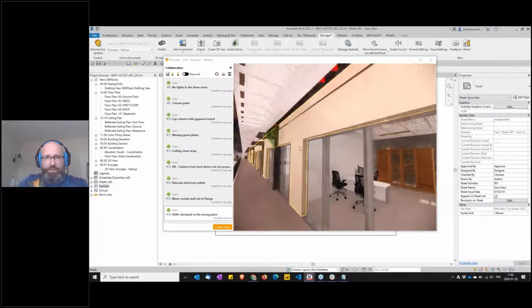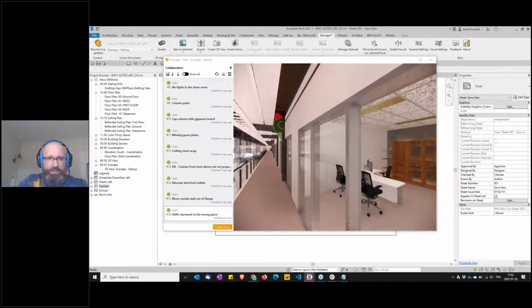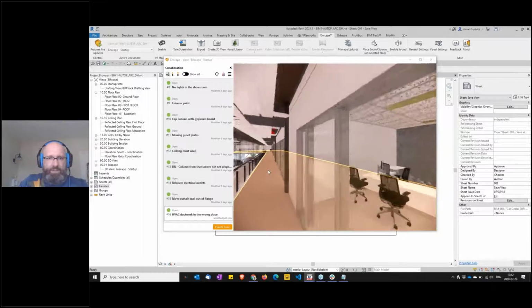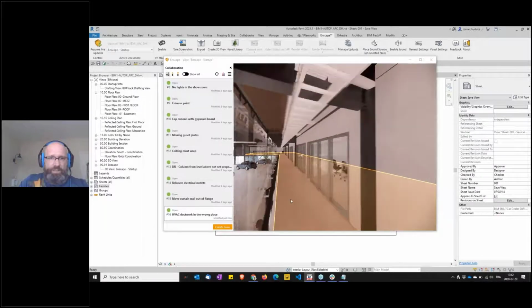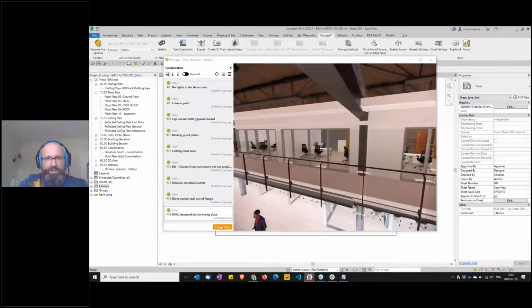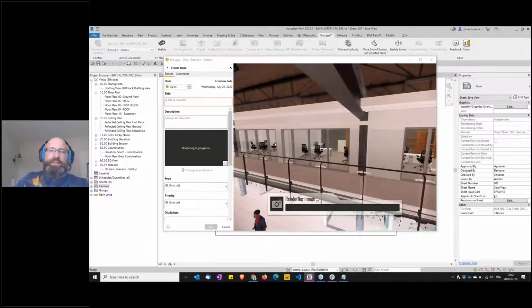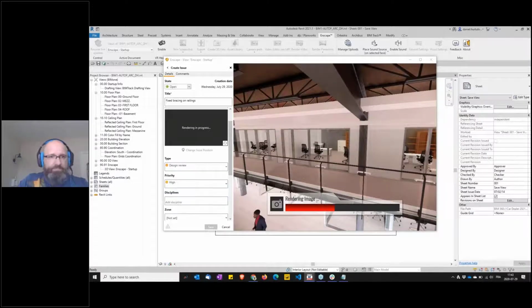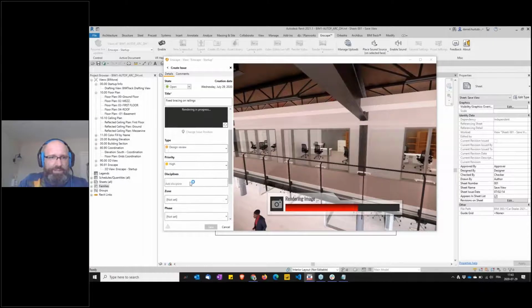I'm just gonna go right here and walk around this awesome corridor. I just want to add another issue here so I can tell Carl that the bracing needs to be fixed. Fixed bracing on railings. I'm going to set that as a design review. That's kind of high priority. I don't want my railing to fall, obviously.